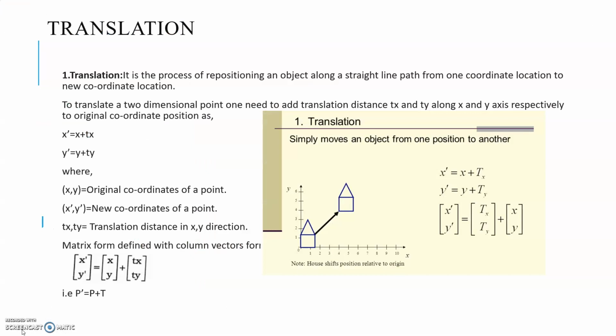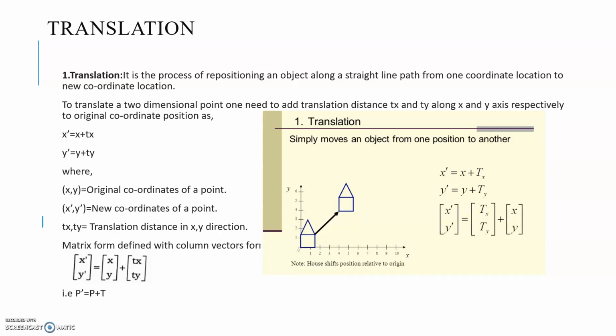Now let's see how to apply these transformations to a two-dimensional object, that is 2D, and a three-dimensional object, that is 3D. First, we will study translation. Translation is the process of repositioning an object along a straight line path from one coordinate location to a new coordinate location. To translate a two-dimensional point, one needs to add translation distances Tx and Ty along the x and y axis